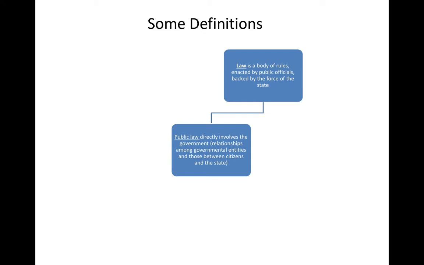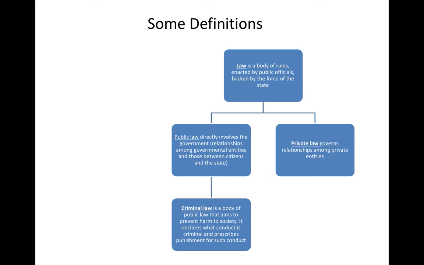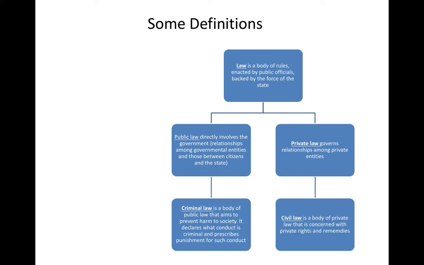And stemming from law is this idea of public law. This is the area of the law that directly involves the government. So here we're talking about a relationship among governmental entities and relationships between citizens and the state. And stemming from public law is, of course, criminal law, which is a body of public law that aims to prevent harm to society. Here the law is declaring what conduct is criminal, and it also prescribes punishment for such conduct. On the other hand, we have private law, which governs relationships among private entities. And civil law then stems from private law as a body of private law that is concerned with private rights